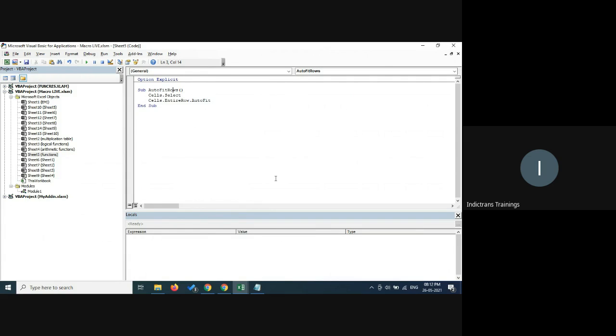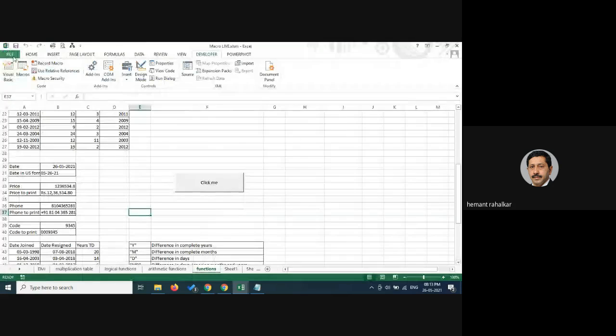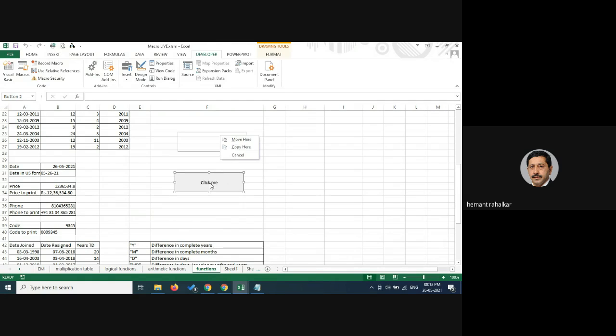So auto fit is a command it is invoking, nothing more than that. But when you click that button, it copies into a different worksheet, wherever your function worksheet is, at fourth position or fifth position. So it copies and it goes into the last one.